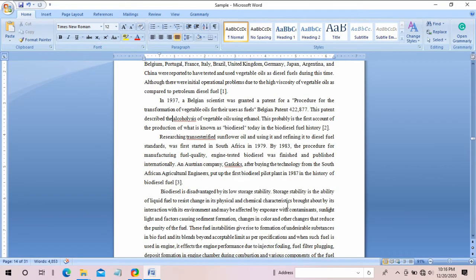It is also advisable that you provide citation in the introduction part, because most of the times we borrow our text from various other texts in the introduction part. So you have to provide citation there.